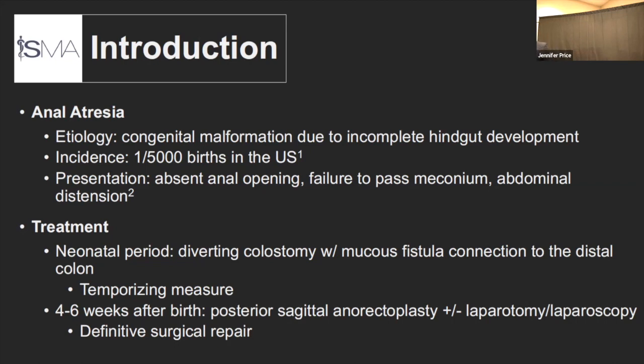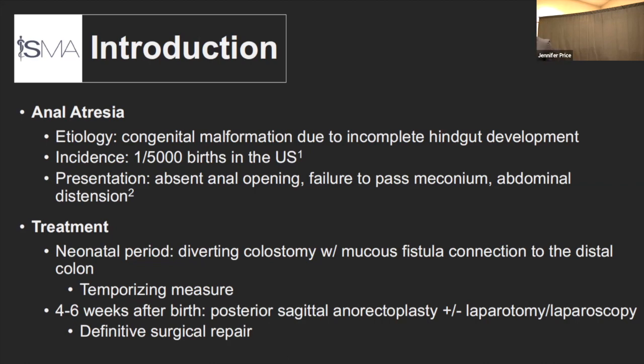So treatment is a two-part process. Both of them are surgery. The first one, long name, but it's kind of a simple idea. You divide the colon into a proximal and distal segment, and then pull the opening from each through the abdominal wall. So the proximal segment will be the diverting colostomy portion, and then the distal segment will be the mucus fistula connection. This is just temporary until about 4 to 6 weeks after birth, to give enough time for the baby